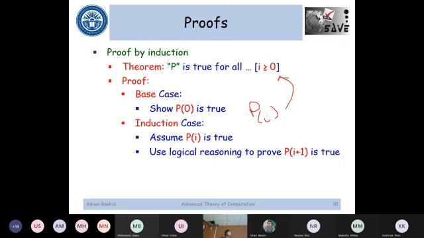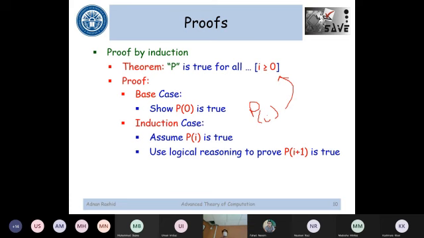And by using that, we have to prove P of i plus 1 is also true. And i can be any value. If I place i is equal to 0, then P of i plus 1 would become P of 1. And if I take i is equal to 100 maybe, then P of i plus 1 would become P of 101. So in this way, if you go with the induction case, this would authenticate that it is true for every value